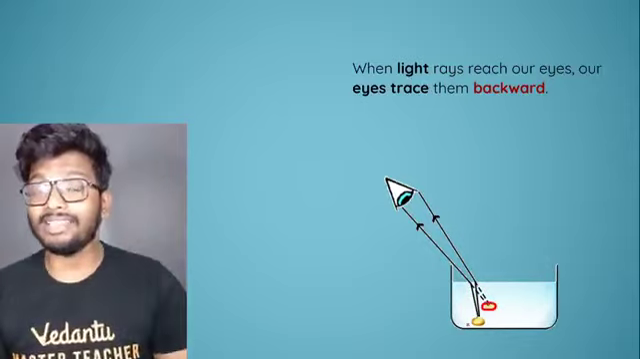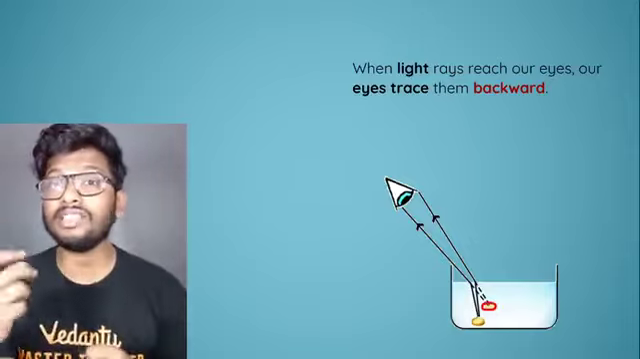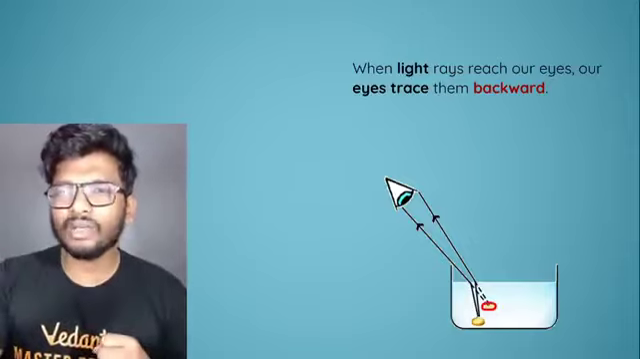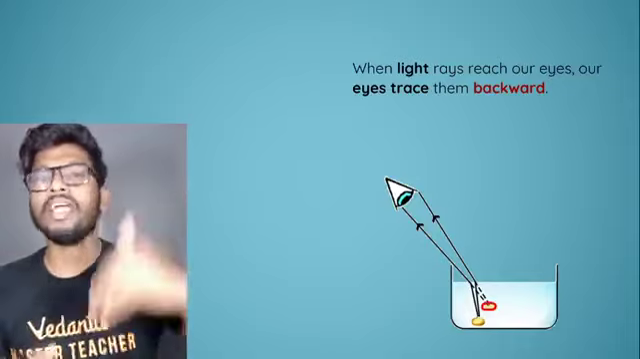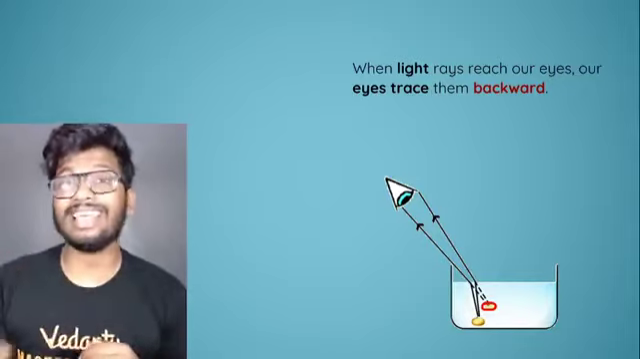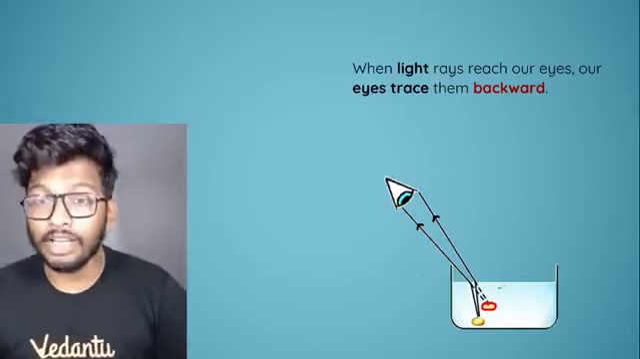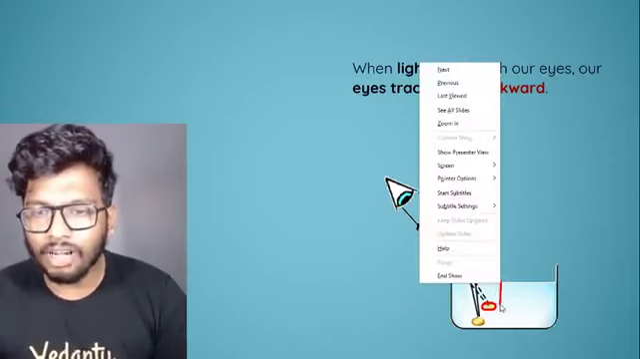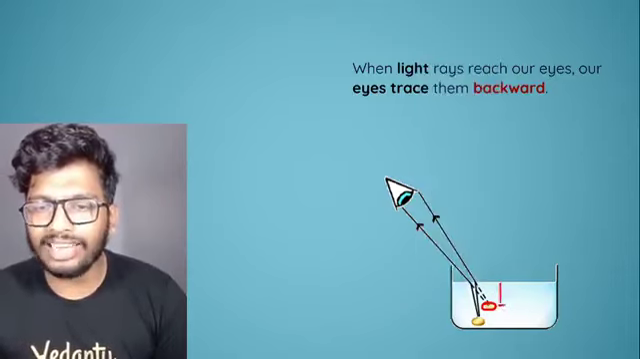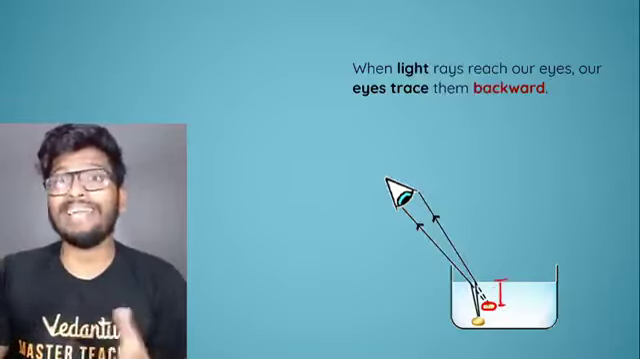To our eyes, when it's trying to trace back the steps, the image is formed at a distance which looks a little raised up from the original coin. Now this is what is called the apparent depth of the object. So this distance from the surface to this point is called the apparent depth, because that is apparently where the coin appears